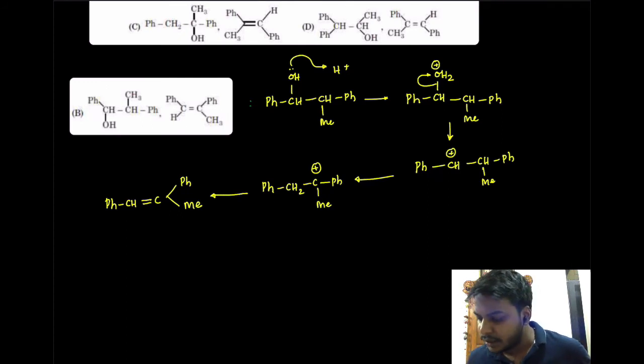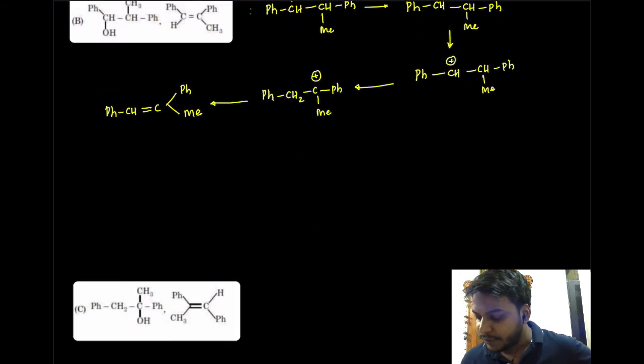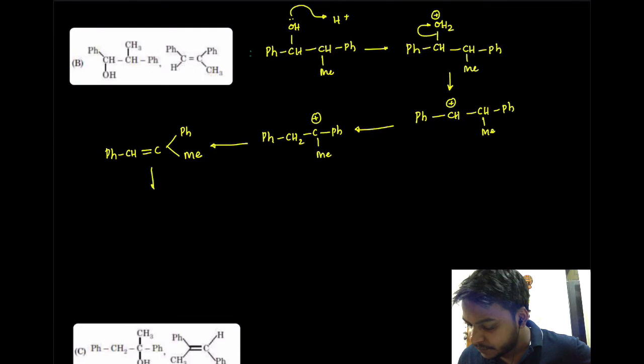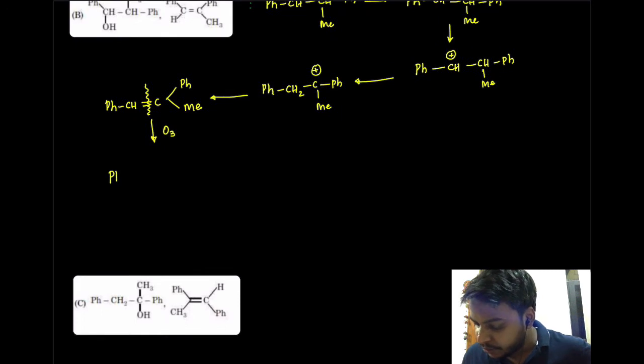So in this case, as per the question, from X we got Y, and from Y we need to do ozonolysis. So reductive ozonolysis. So in reductive ozonolysis we'll be breaking this bond, and we'll get two products here, PhCHO plus PhC double bond O Me, and whatever nascent oxygen is left over, zinc will control that and make that to form ZnO. So these are the aldehyde and ketone which have formed in this case.